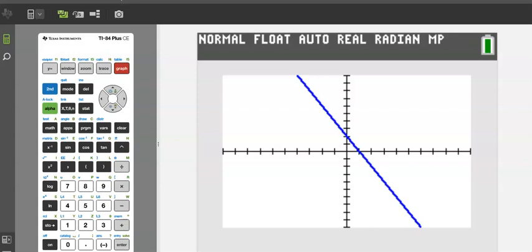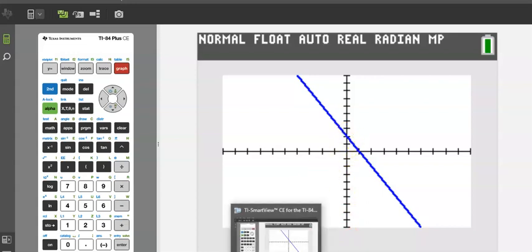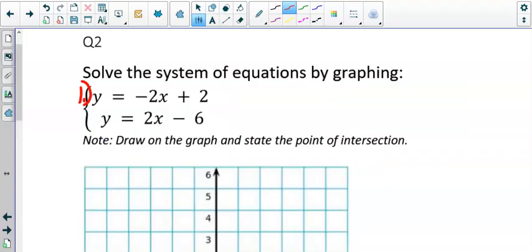How do I get this information over onto my page? Well, it says the points are 1, 0, and then 0, 2. Well, 1, 0 is right there. 0, 2 is actually right there. So you found the x and y intercepts, and absolutely, because if you remember, in here,